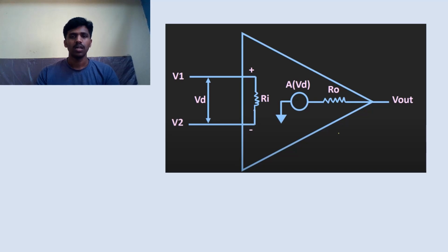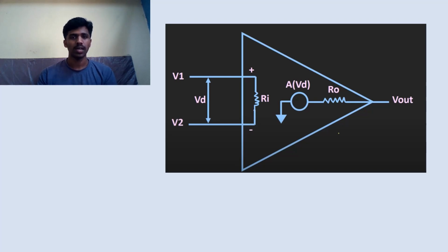Along with this, there are two more things that I need to explain. Those are slew rate and common mode rejection ratio. This slew rate is nothing but how fast the op-amp can produce the output with the change at the differential input. And also the common mode rejection ratio is nothing but whenever the input voltage is 0, then the output should also give us the 0 value. But in real or practical case, it is not possible.